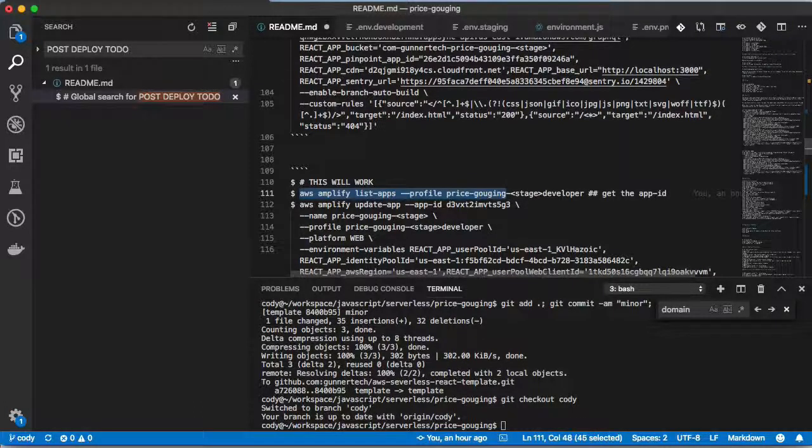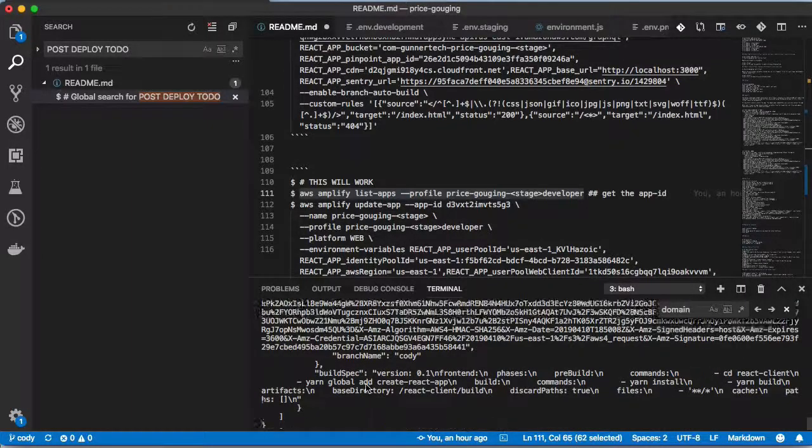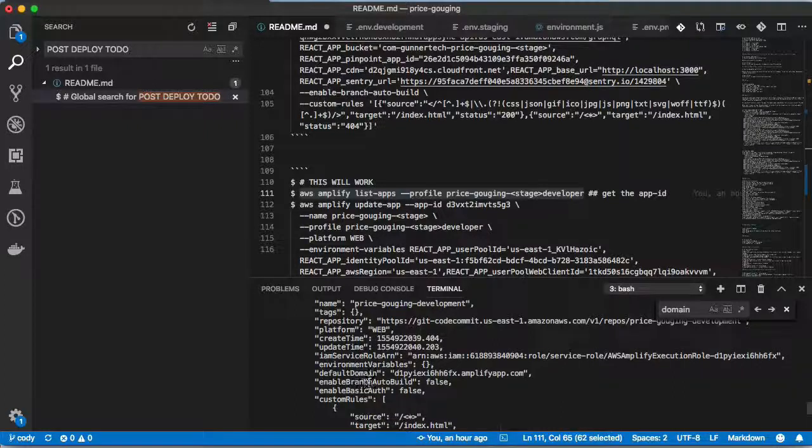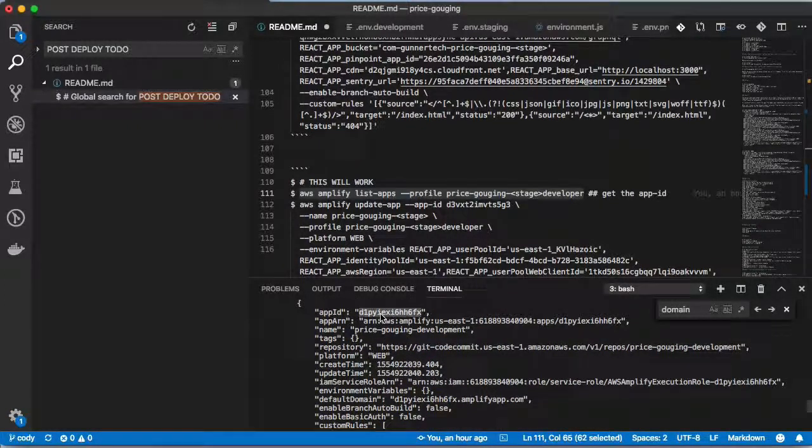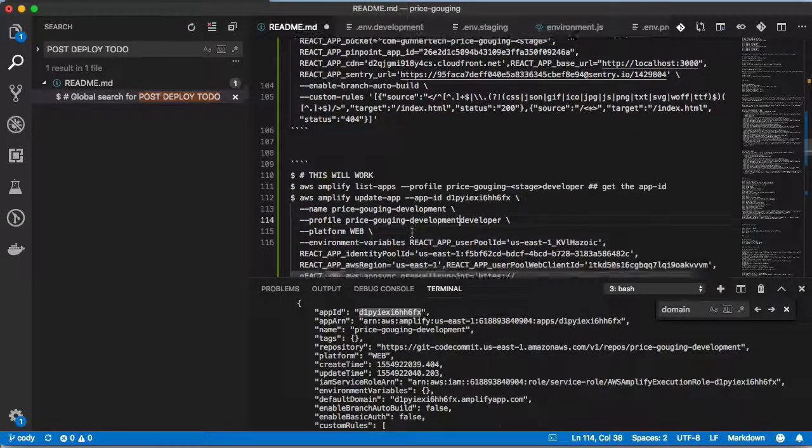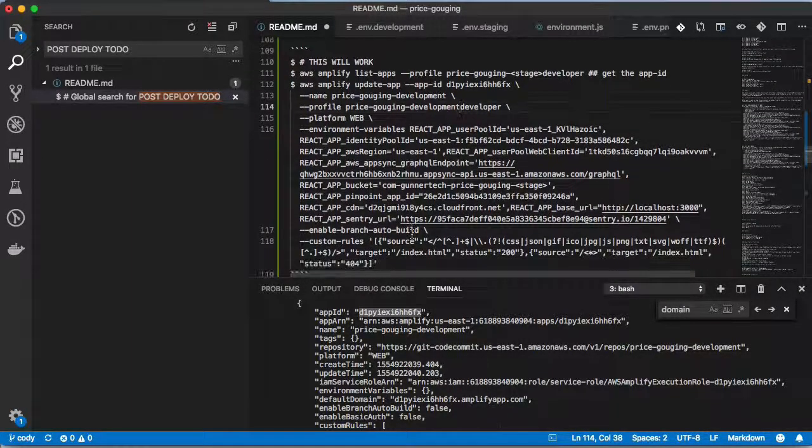Okay, now as that's finishing, what we can do is update the app, which is what we're going to need to do, put the environment variables in there. So what we want to do is list the apps we have up there, which we're going to do development first. And we're going to grab the app ID, which is going to be right here. And so then what we want to do is put stage development, and then we want to put the